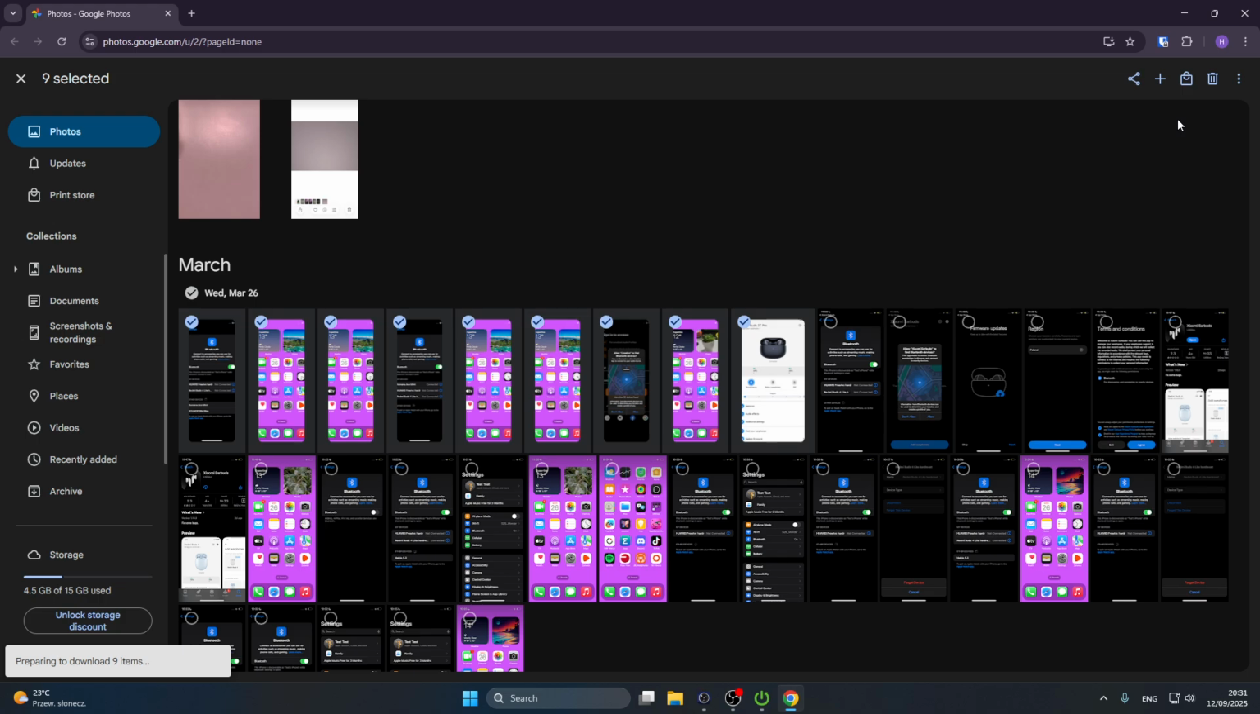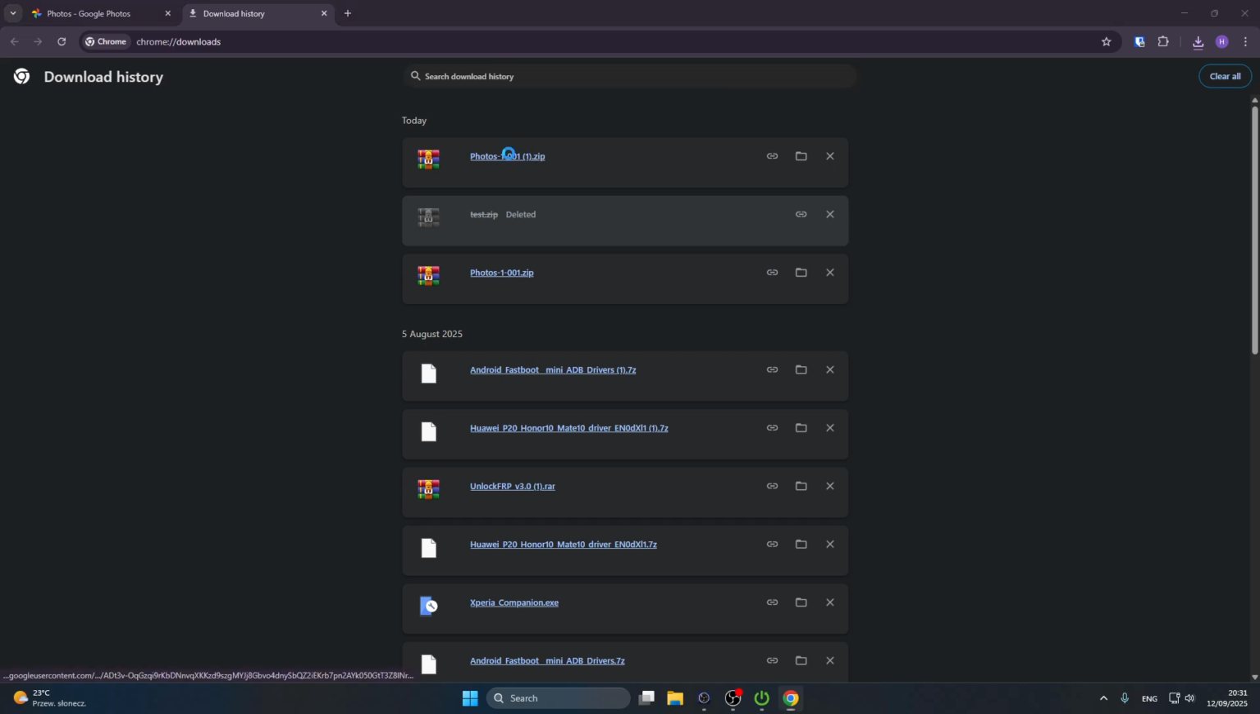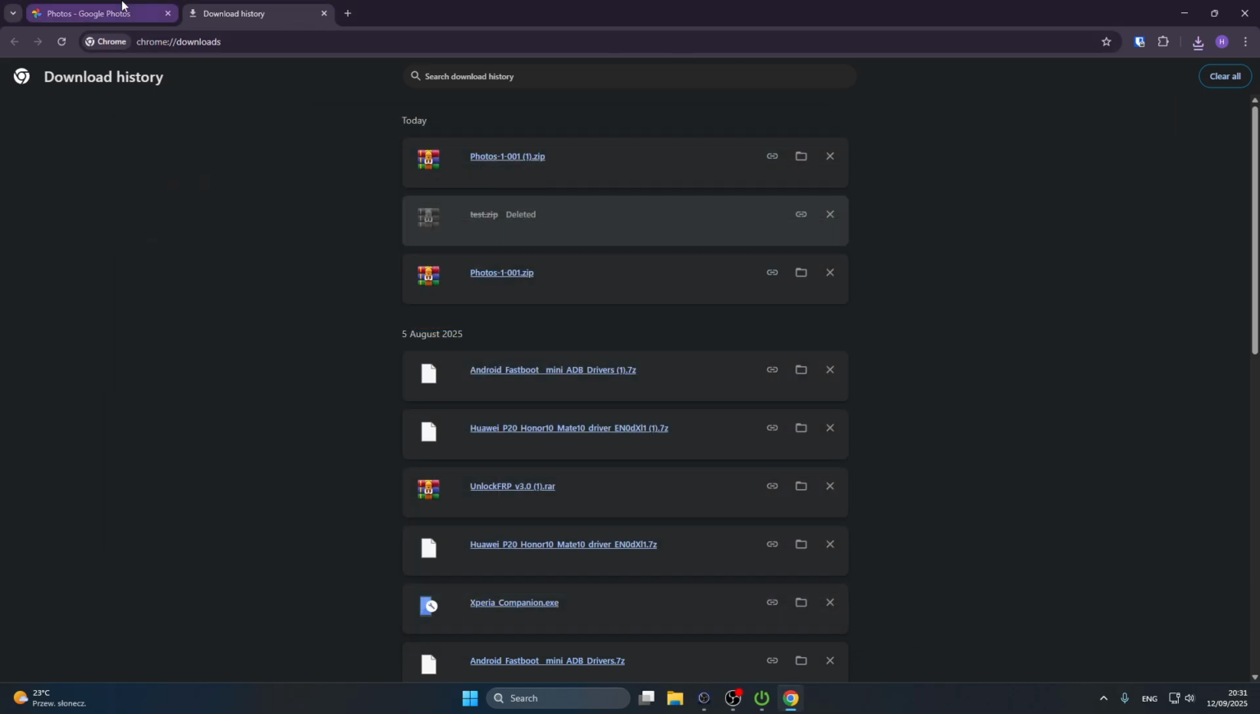Then you need to wait a bit. And right here we have a zip file, so you can move it to some folder. If you want to